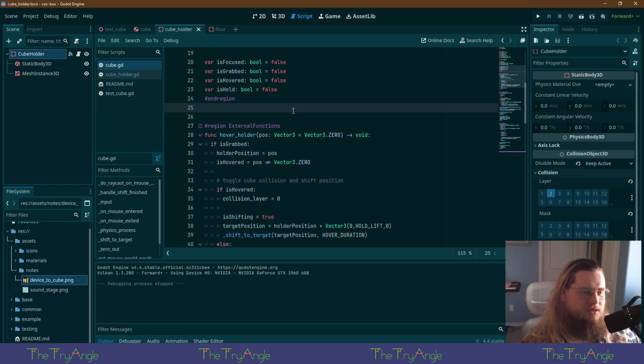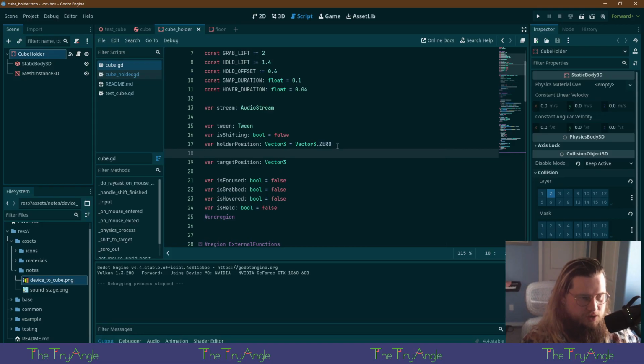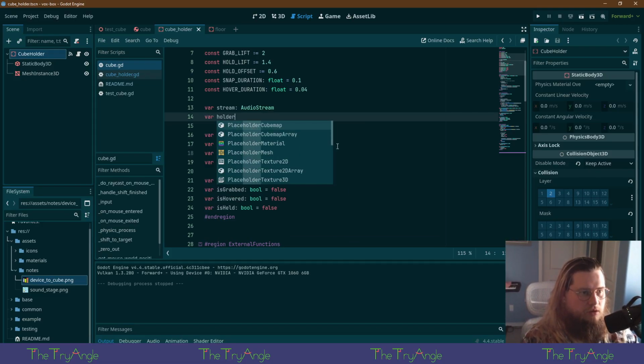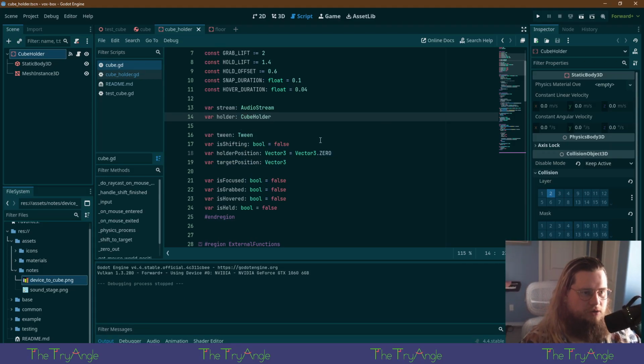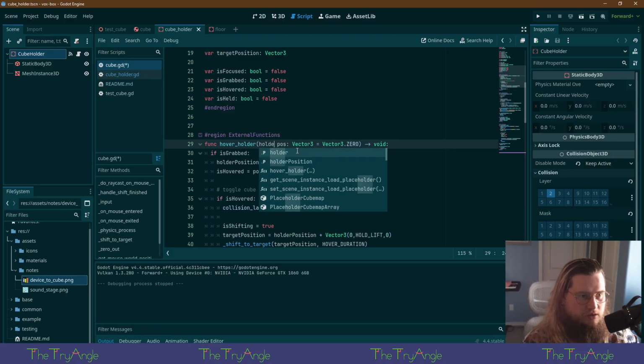Because then it's like, what holder are we connected to or whatever. I think instead of passing holder position, I'm just going to pass the whole thing. Here we go. Cube holder. Now, normally this is going to be null. And what we pass in here won't be the position. It'll be